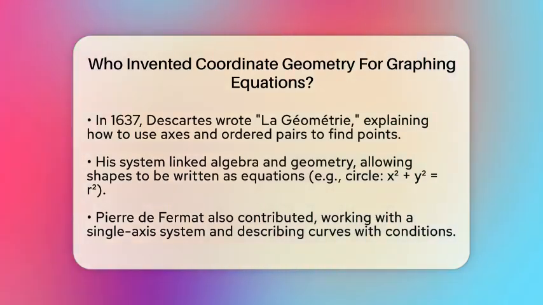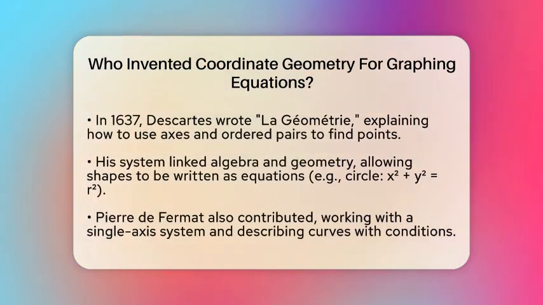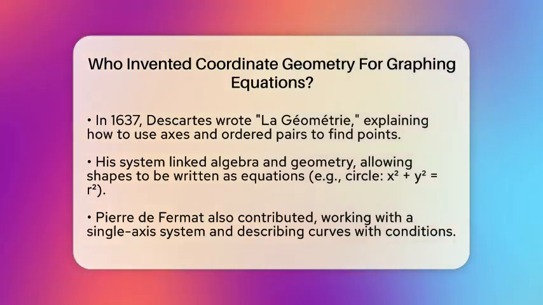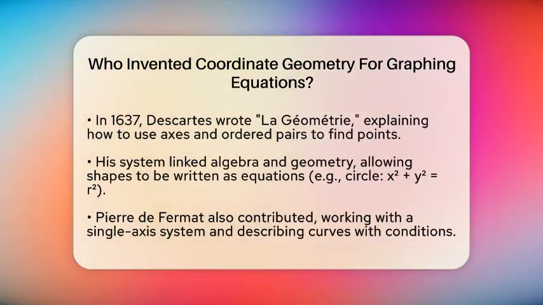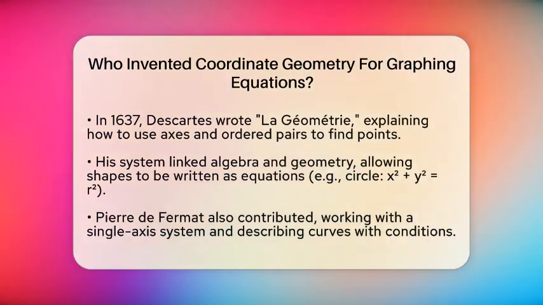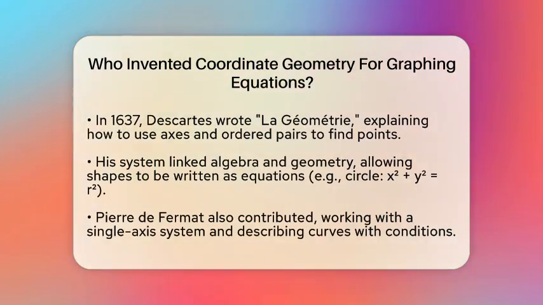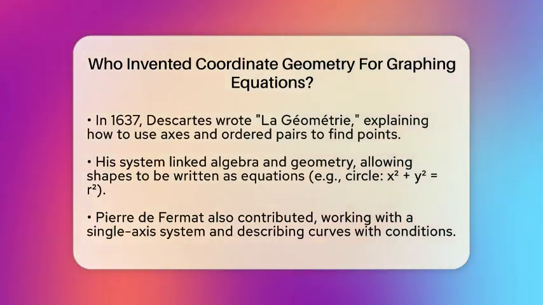Descartes' system made it simple to turn geometric shapes into algebraic equations. For example, a circle can be written as an equation like x squared plus y squared equals r squared, where r is the radius. This was a huge breakthrough because it connected algebra and geometry, making it easier to solve